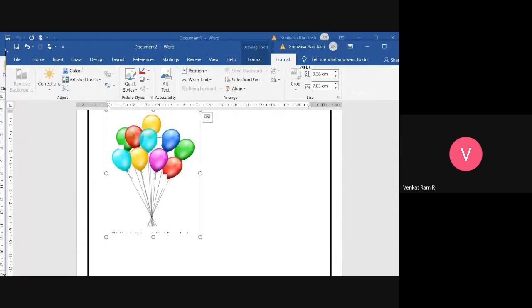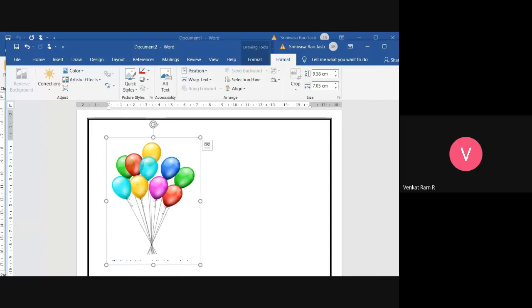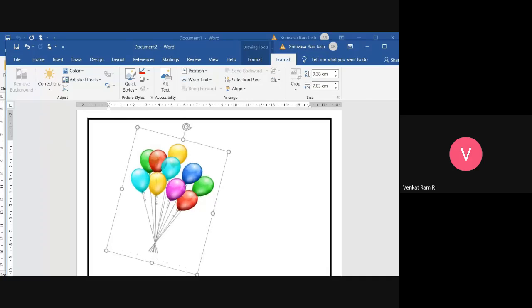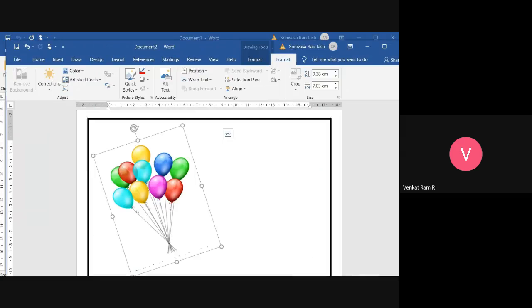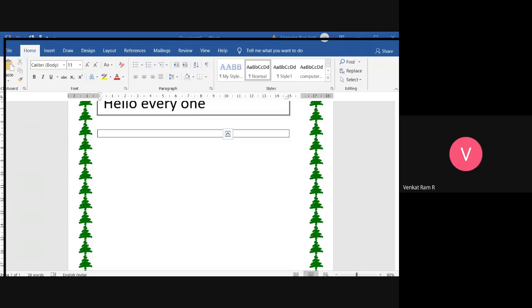Okay. And if I want to rotate, what do I have to do? Use the rotator, use this arrow and just rotate it. And how can we insert images in between the text? Does anyone have an idea regarding this? Can we insert images in between the text?